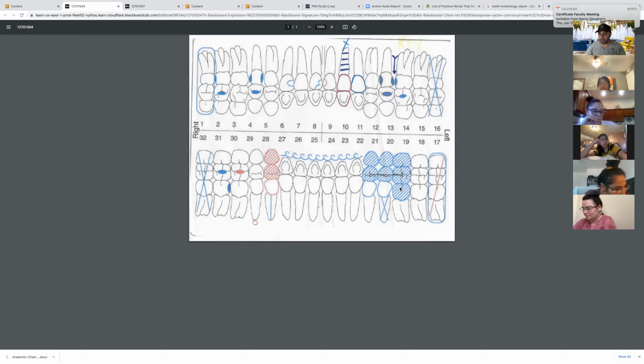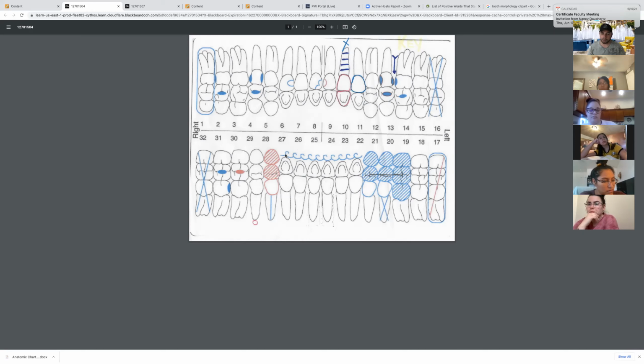So these diagonal lines indicate the fact that we're looking at gold here. And it's funny that this has porcelain on the facial surface. It's probably because it's in the patient's smile line. So that patient probably didn't want gold to be in the front. So the back sides of this crown are made out of gold, and they probably laid down porcelain in the facial portions of these teeth, just so that it looks a little bit more aesthetic. Okay, so here we have, I believe, a lingual bar retainer, and the lingual sides of the